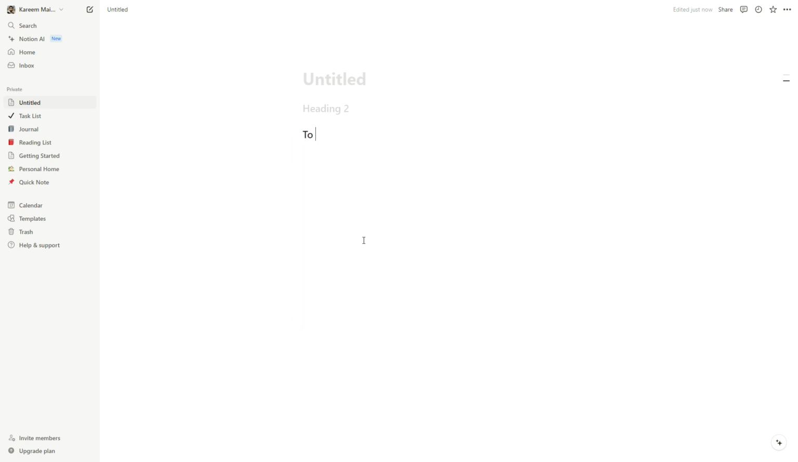Then we want to name our to-do list. I'm going to call it to-do list. Then we want to have checkboxes. And as you can see, it'll auto-populate checkboxes, so I can say point 1,